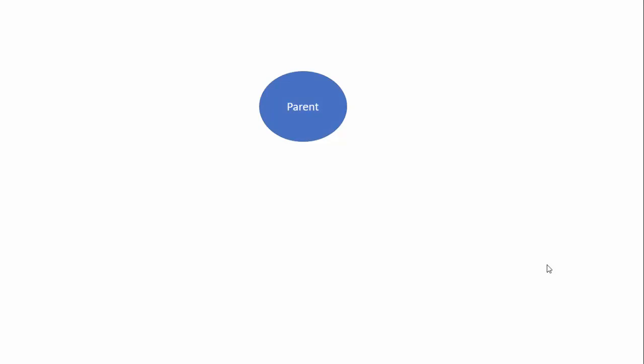So let us suppose a parent process creates a child process. Now if the child process finishes, then the parent is responsible to clear all the entries related to the child process in the system. But if the child process finishes without indicating to the parent that it has finished, the parent never knows that the child process has already finished. So in this case, the parent will assume that the child still exists in the system, but actually it does not. So the child process becomes a zombie process.